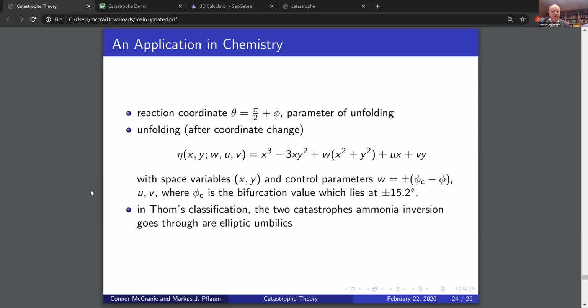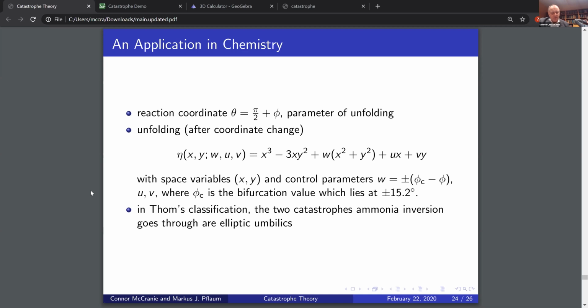So the coordinate z is regarded here as an external parameter, but this is totally fine. And u and v are just these parameters, as Connor has explained. For this universal unfolding, you need a certain number of external parameters, and this uv can be interpreted from a chemical point of view as breaking off the Z3 symmetry. Definitely there's a lot of theory involved, but nevertheless, we have a catastrophe here, and it happens exactly,